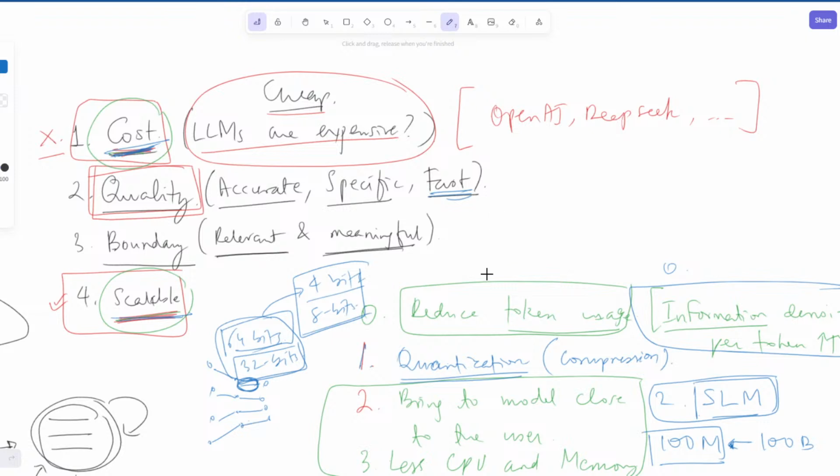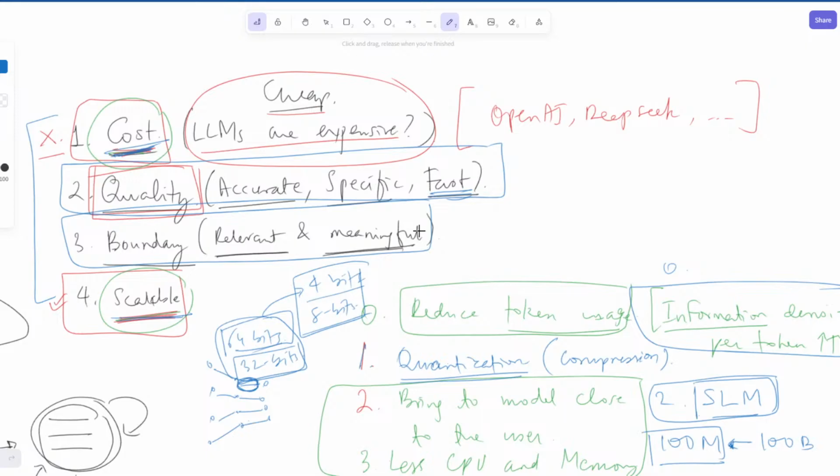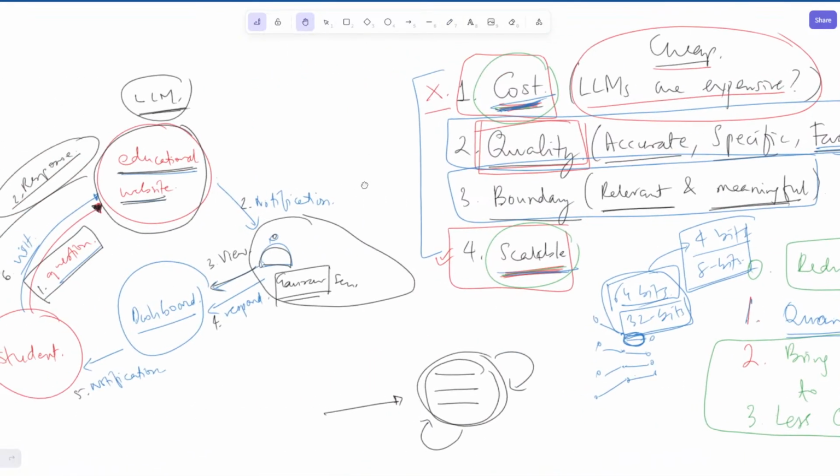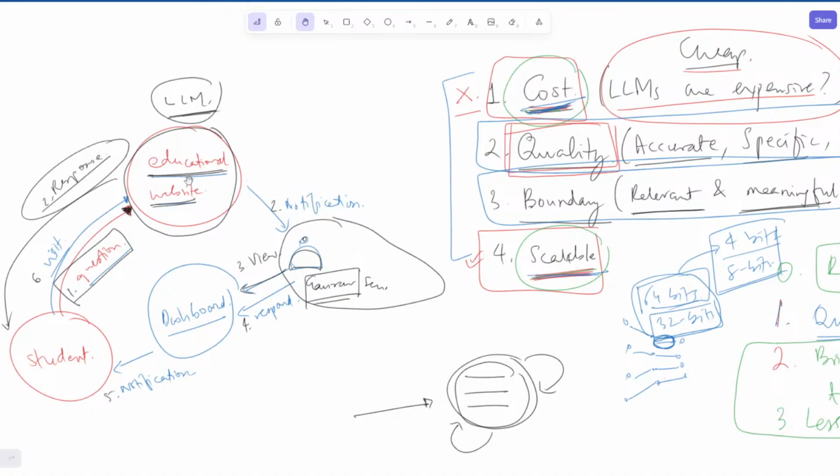Okay, we have discussed this in slight detail, but what about the 2 other parts in between, quality and boundary? Okay, remember the original problem. The original problem is that we have an educational website, or any kind of a website. This might be an e-commerce website.